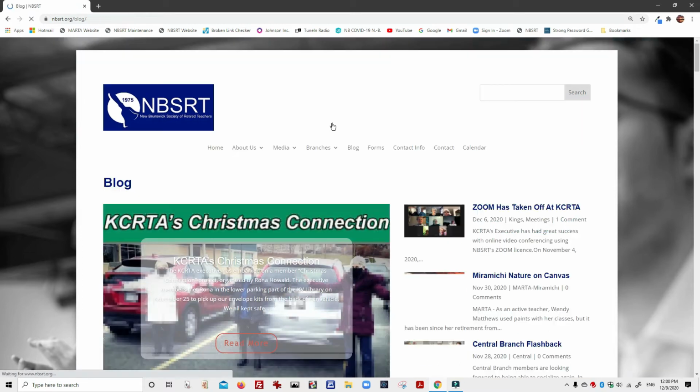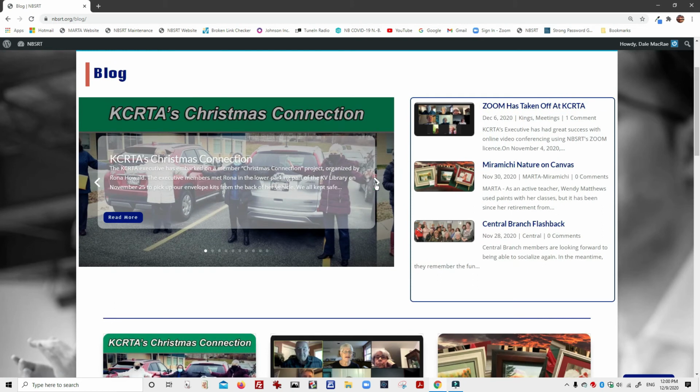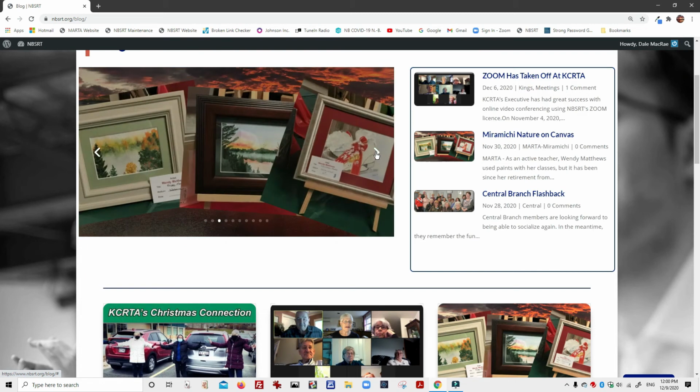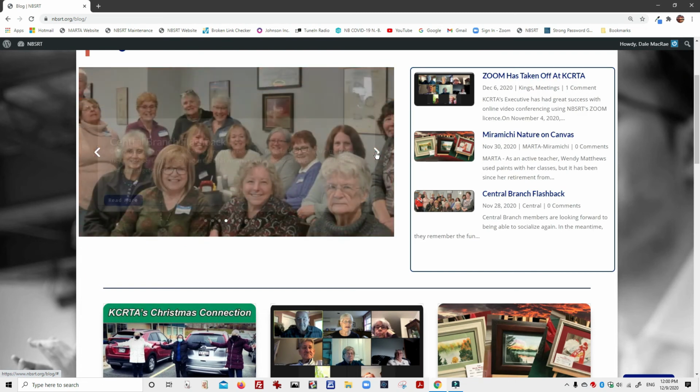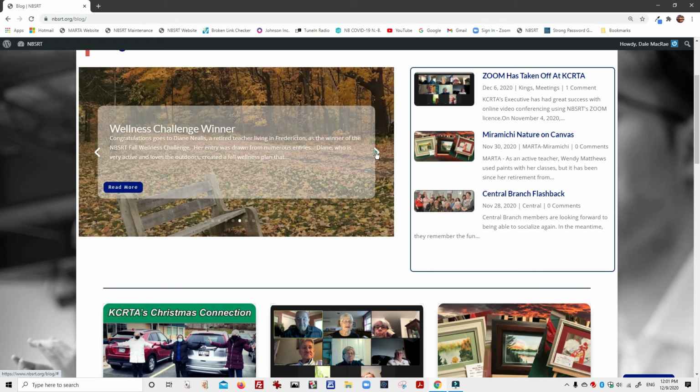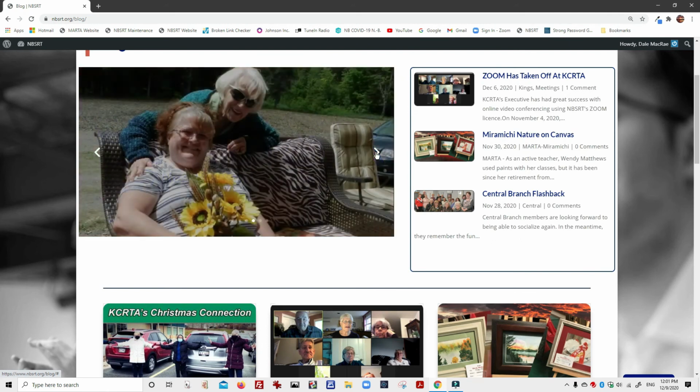And the blog section allows us to put up little bits and pieces of information from around the province. And you can see that we have a bit of a slider here. If you put your cursor on the slider, these arrows will appear here, and you'll notice that there are 10 dots, meaning there are 10 pictures in the slider, and you can use the arrows to rotate through the various items that are contained in the slider. And so as you go through, you can pick one, and when you do,